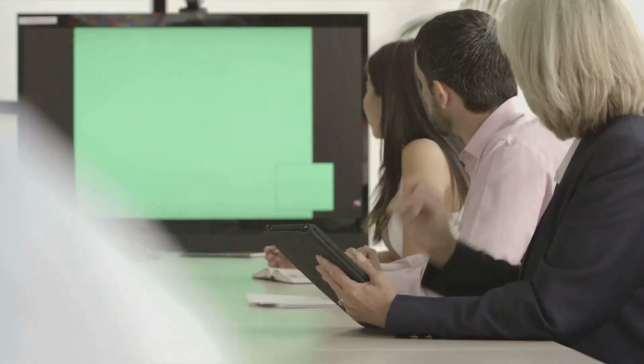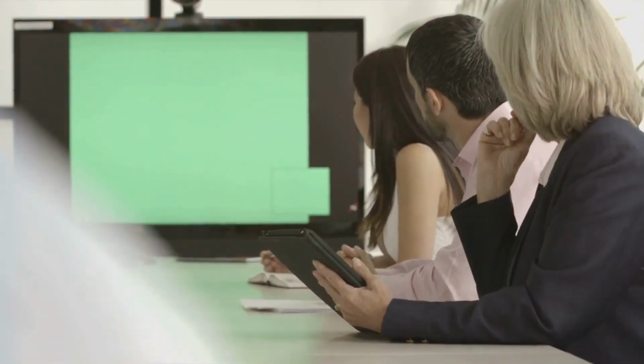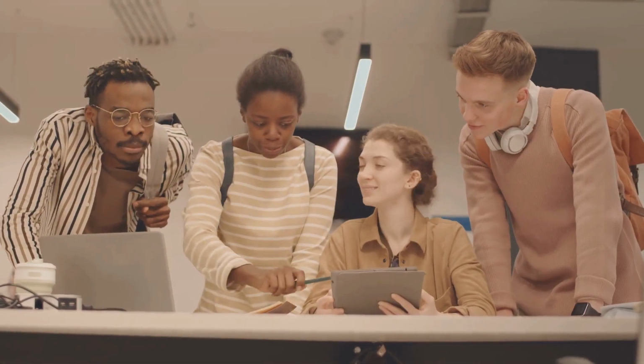First, we have performance expectancy. This is the belief that using a certain technology will help us achieve our goals. It's like going on a trip with a new GPS system. If we believe it will get us to our destination faster and more efficiently, we're more likely to use it.